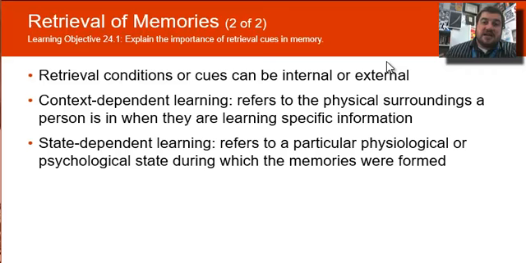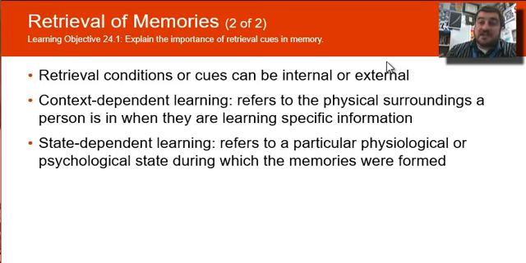So according to encoding specificity, I have trouble with that word. Context-dependent learning is when the physical surroundings are the same. So according to this theory, if you were to take a chemistry test, you would benefit by taking it in the same room as you learned the information from. State-dependent learning refers to the particular physiological state or psychological state during which the memories were formed. So if you're sad, happy, stuff like that,